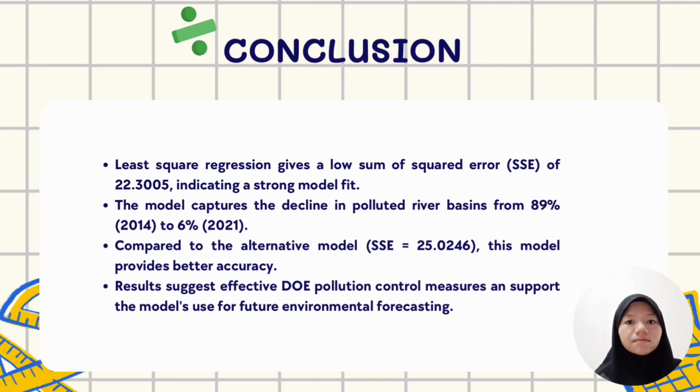environmental forecasting. Based on our findings, the model with the smallest sum of square error, 22.3005, is the best fit because it has a lower overall prediction error compared to the model with sum of square